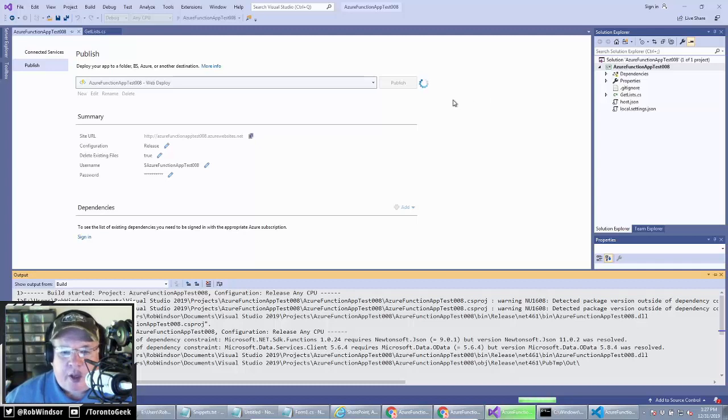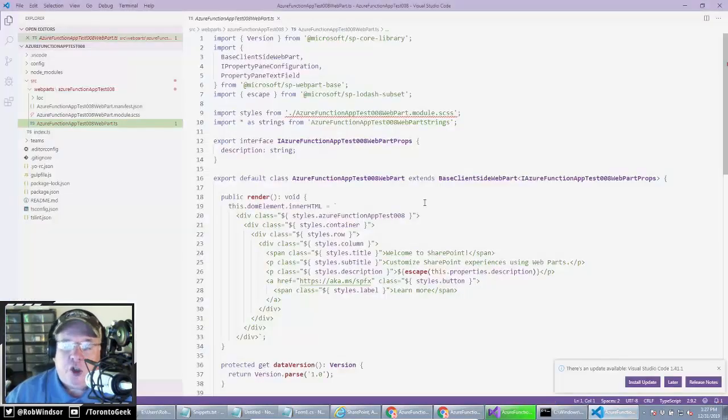While that's happening, let's go over to this SharePoint Framework web part project. This is a new SharePoint Framework web part project that I created. I haven't changed anything yet. And what we're going to need to do